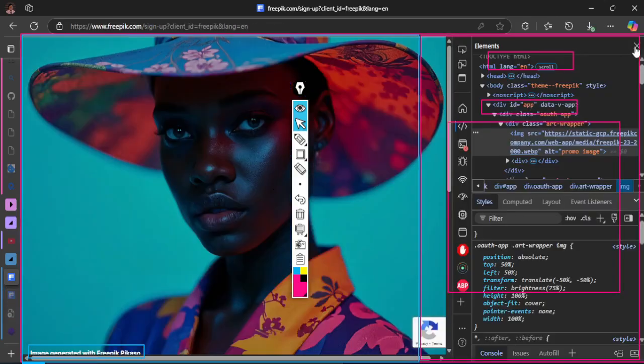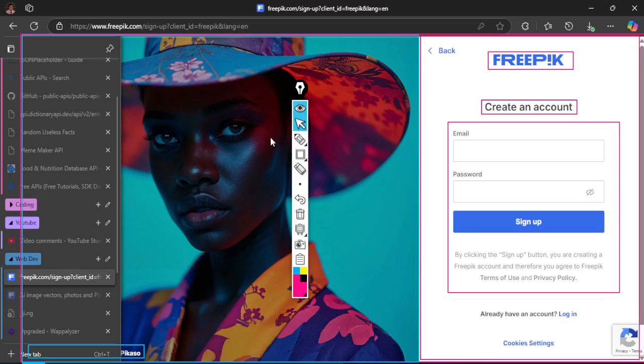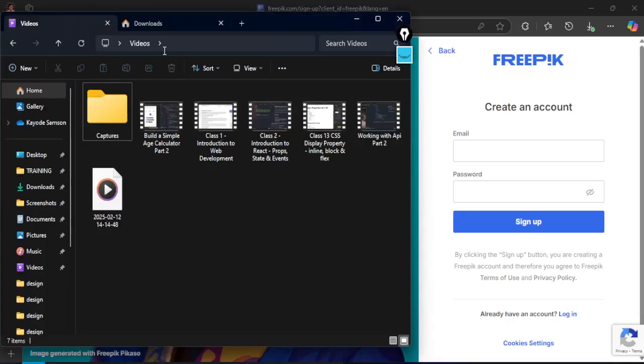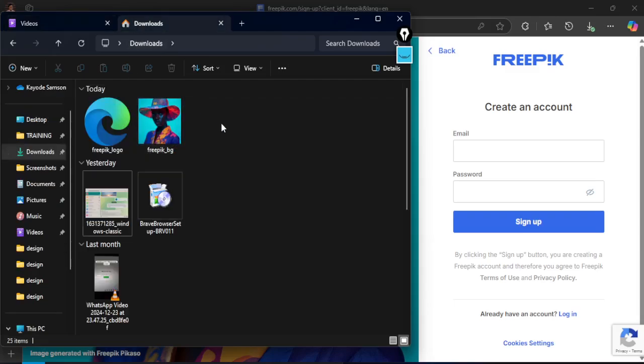So let me close the side bar or close that dev tools. We don't really need it again. Let me close this one too. So we already have all the assets. We just need to add them in our project folder. So let me go to the download folder and copy everything. So cut out,